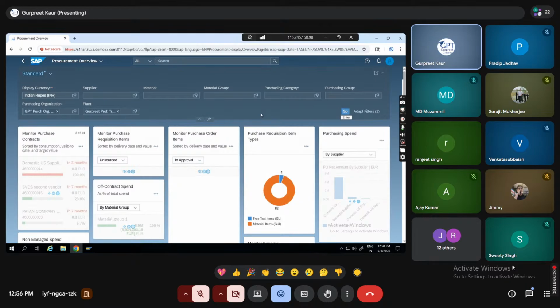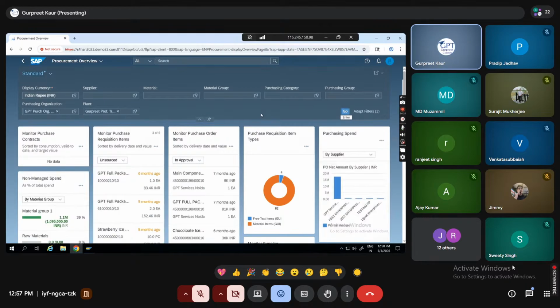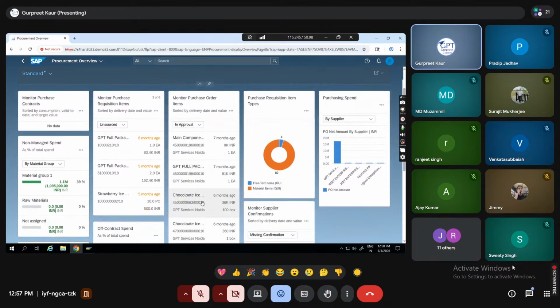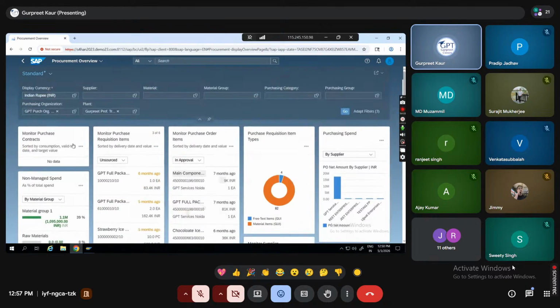See now. In ECC, for everything we have to run separate transactions. But here in S/4HANA, one single app is going to have 10 different data sets. Like over here, you can see this is different data. This is different data.